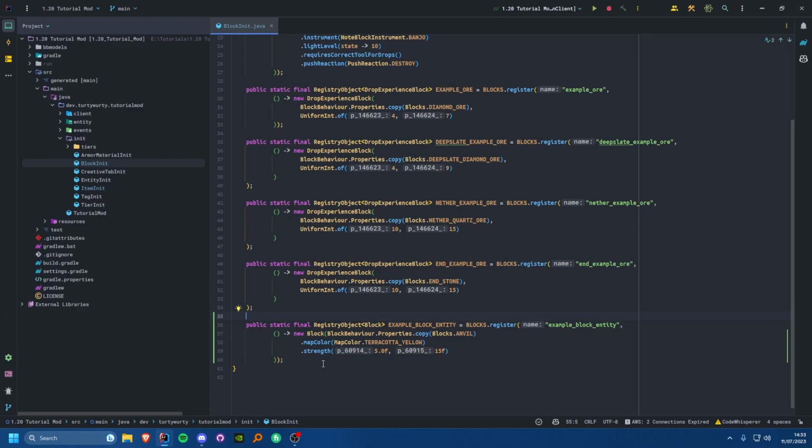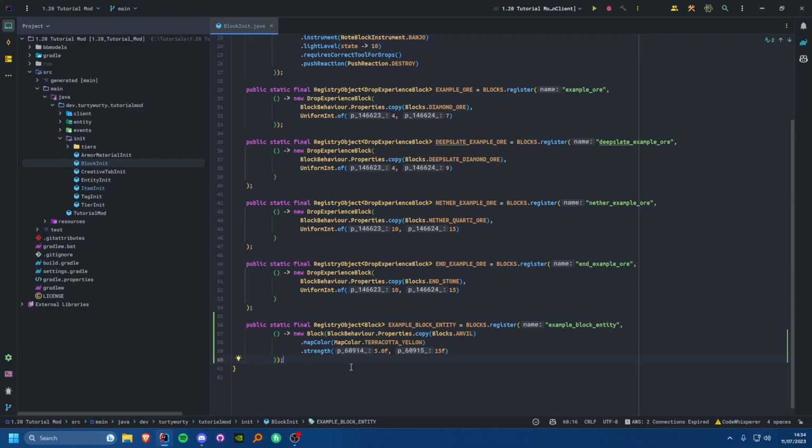Also in this tutorial, I'm going to be covering how you can add special properties to your block as well. That will be kind of unrelated to block entities, but I figured it would fit in this tutorial better anyways, so I'm going to do that as well. Things such as rotation will be in this tutorial too. And you can view all the timestamps for everything in the description below.